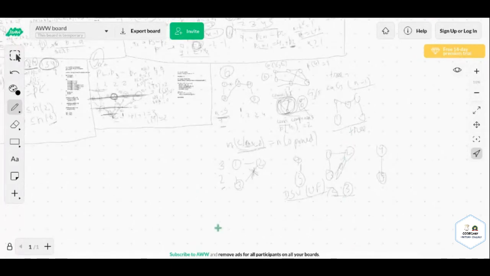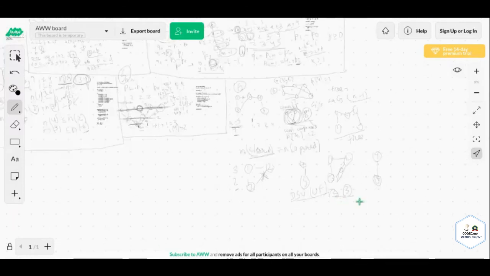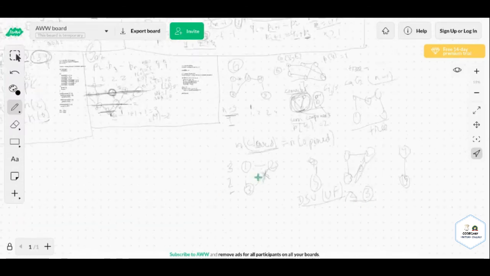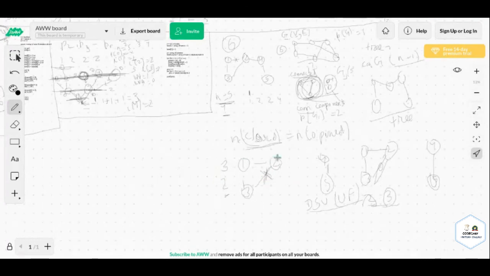So now we will have all these connected components. What can this DSU do? This will maintain a root node for this connected component. This will maintain a root for this connected component. So we can check if the parents of 2 and 3 are the same or not. If they are the same, that is they are in the same connected component, and then we can move that to the closed ones. And we can check that 2 and 4 are in different connected components because their roots are different, right? So we can connect them.